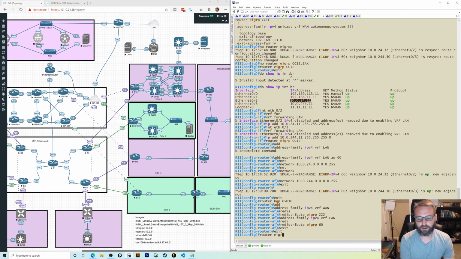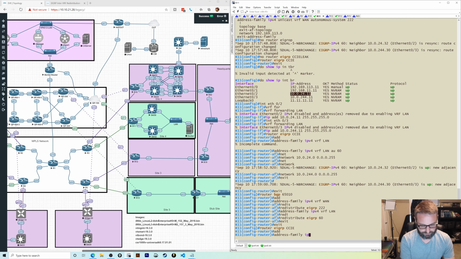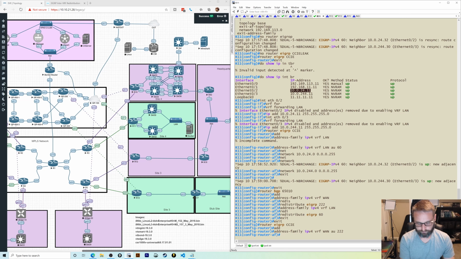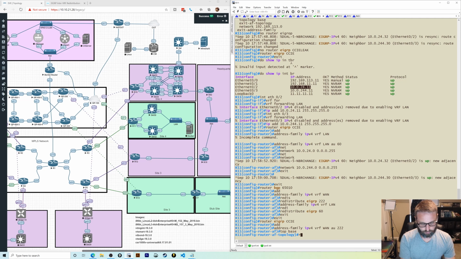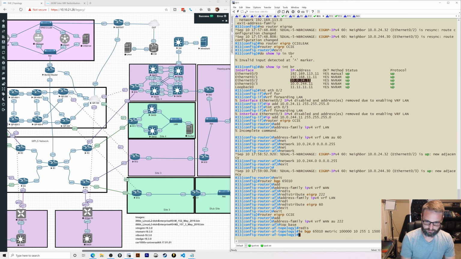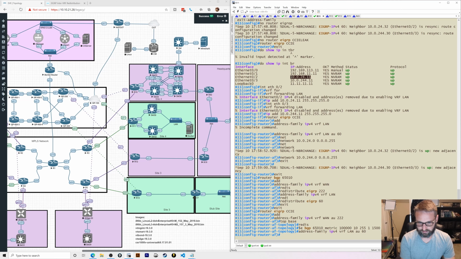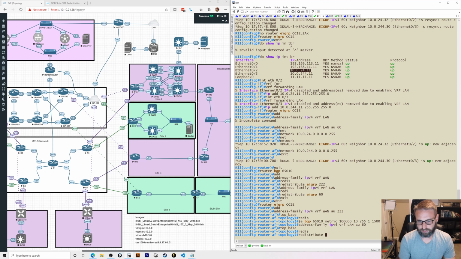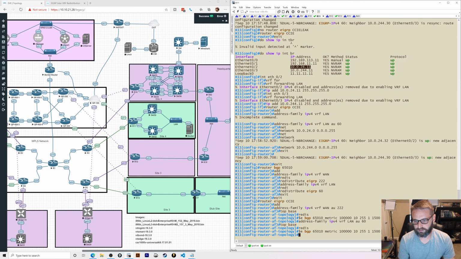Now we should be able to go back to the router EIGRP CCIE address family IPv4 vrf WAN autonomous system 222, topology base, redistribute BGP, what did we say, that's 65010, metric gajillion, delay, reliability, load, MTU. Change the VRF to LAN, autonomous system 60, topology base, redistribute BGP 65010, metric gajillion, 10, 255, 1, 1500, and